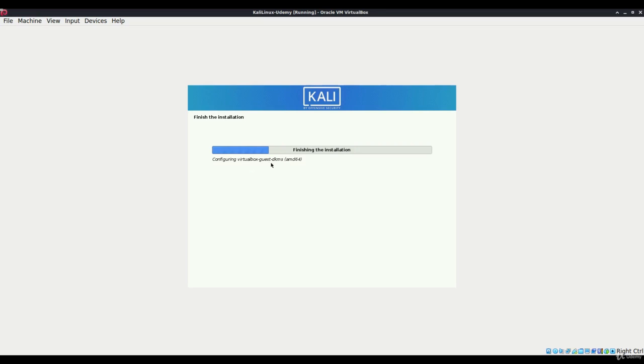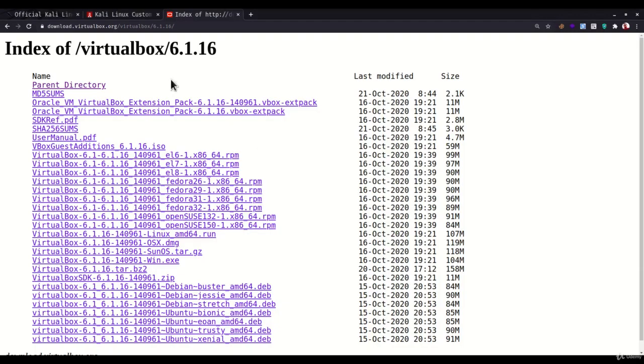So finishing the installation, configuring VirtualBox, get DKMS. As you saw in the previous lecture, we installed this package. So the installation will be done momentarily. Since this is taking some time, please navigate to this address and download the